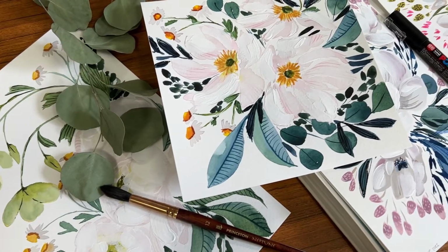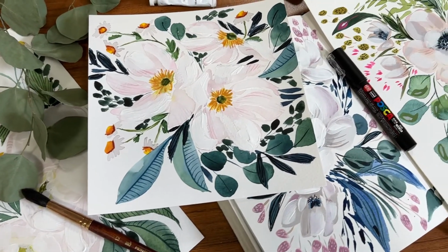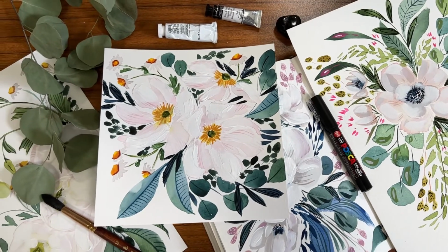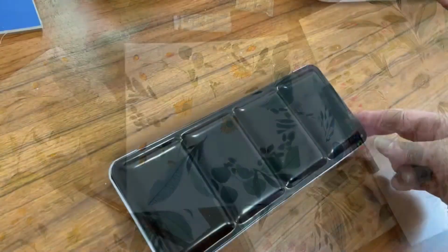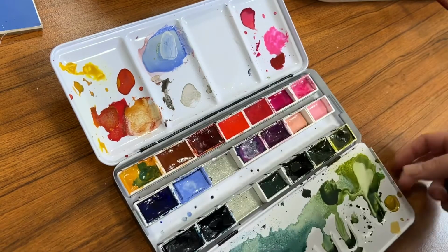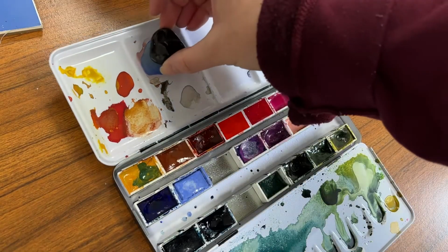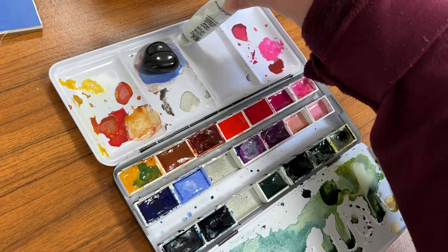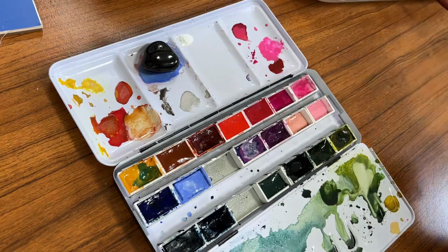Hello everyone, in today's video I'm going to be showing you guys some ways that I create fake white watercolor flowers when I am working in my art journal. Now first off, what I do is I always grab a stone with me, and I have one on me, but the quickest way to go about creating these